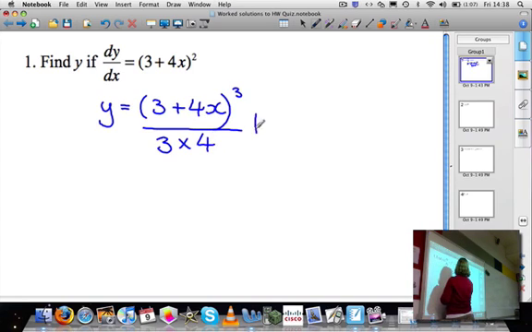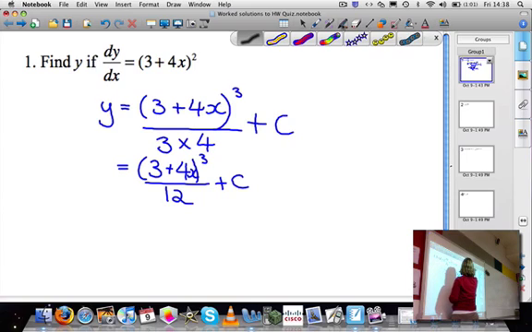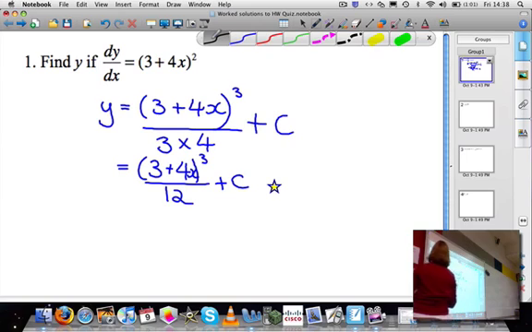Now always remember the plus c here on the end. So this gives us (3 plus 4x) all cubed on 12 plus c. Nice and easy. Alright, let's move on to question